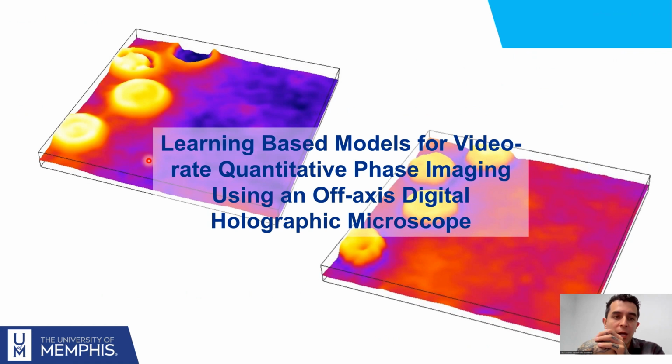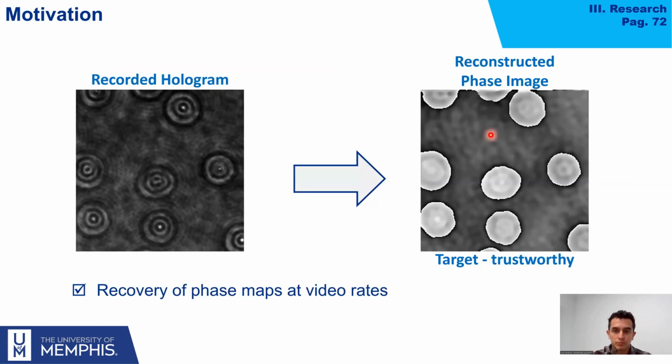Okay, so it's time to talk about research number 5. Research number 5 is a learning-based model for video rate phase image reconstruction in digital holographic microscopy in off-axis architecture. So the motivation is born because